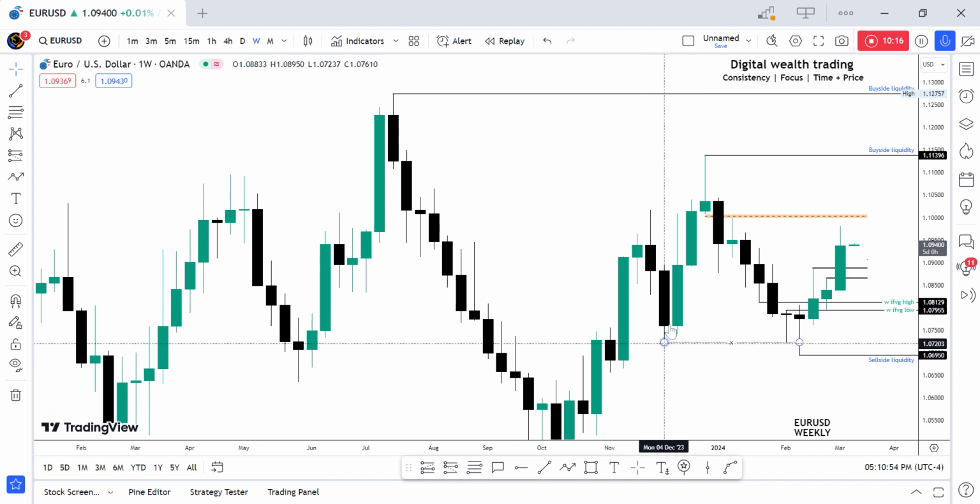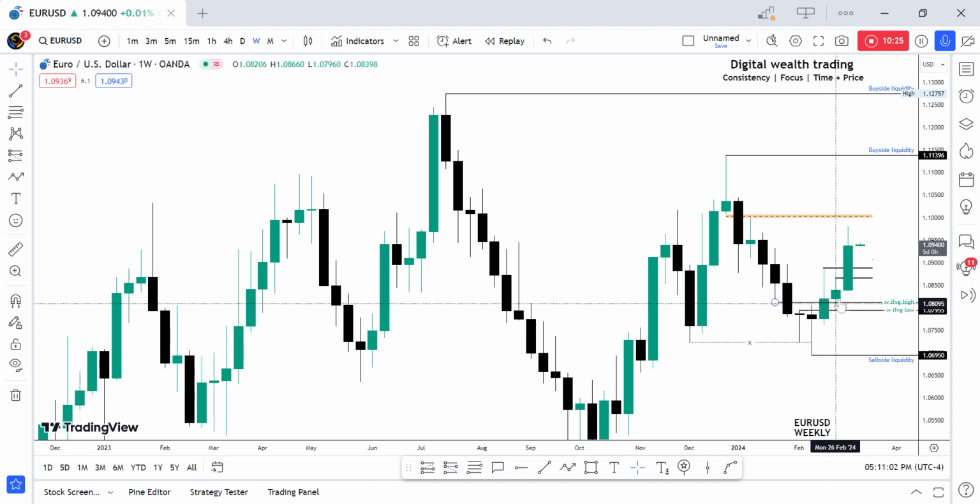It has always occurred that whenever we have a swing low sweep, which is a liquidity sweep, the next move is going to be a very impulsive move, and we can see how aggressively it has started. Which is also an indication that we might not see us get into this area.